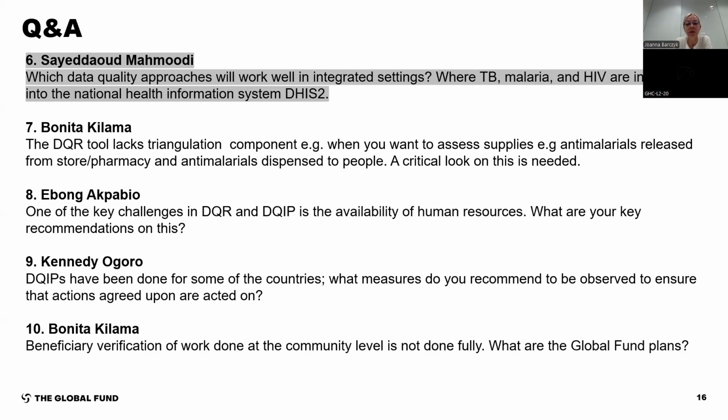supply chain information that is being looked at when you analyze your data quality, but also your programmatic performance. And you look at your supply chain information as well, and you start triangulating it, because it's not happening enough. This is where we see a good entry point, where you bring the other data sources into your data review meetings, and you discuss it, you analyze the data, you look at what are the gaps in your